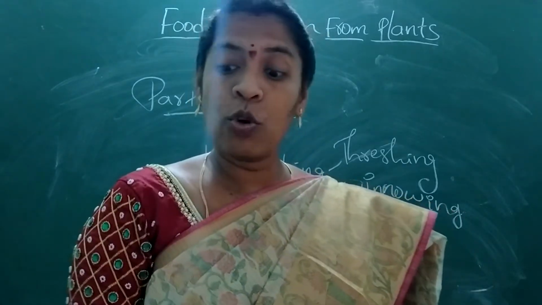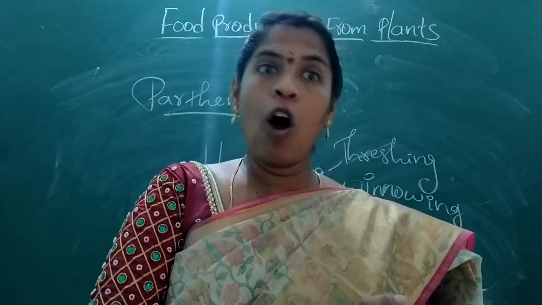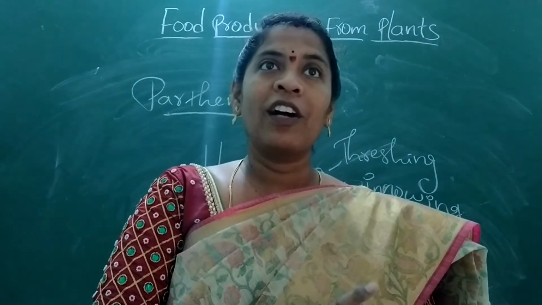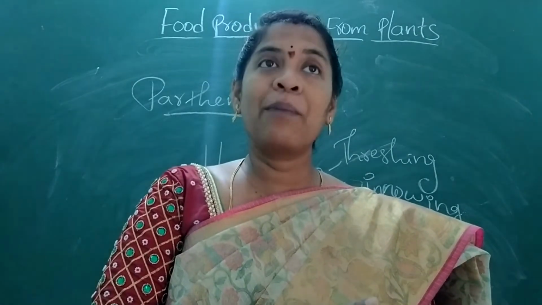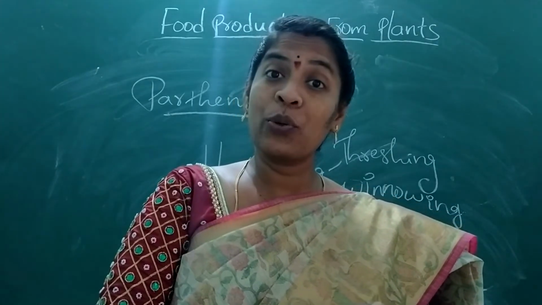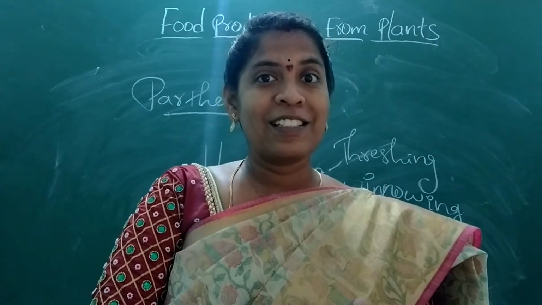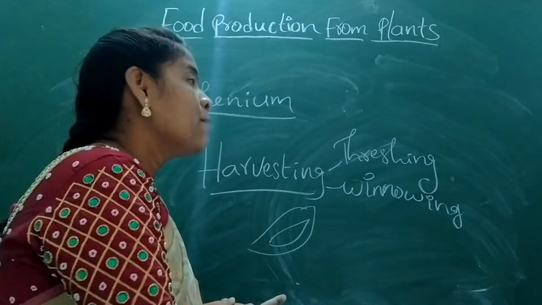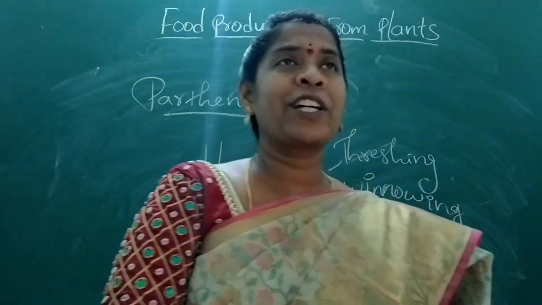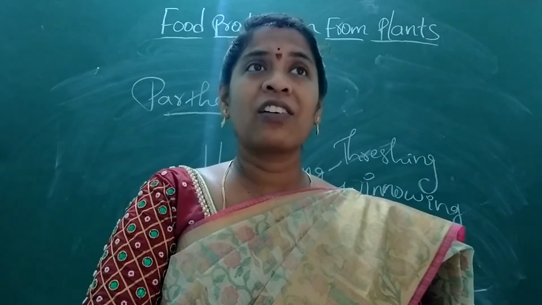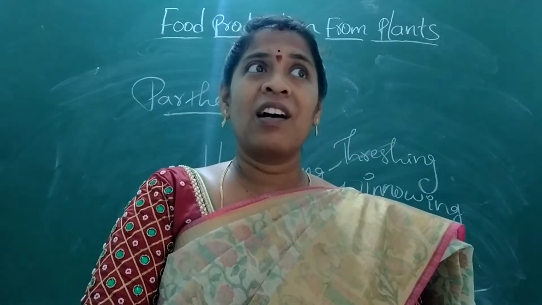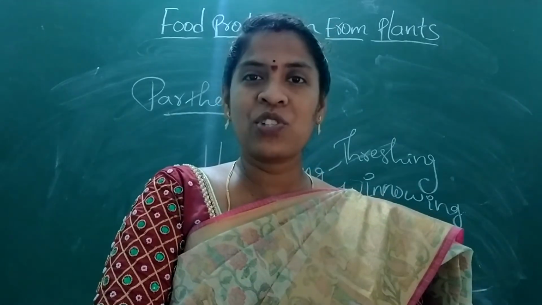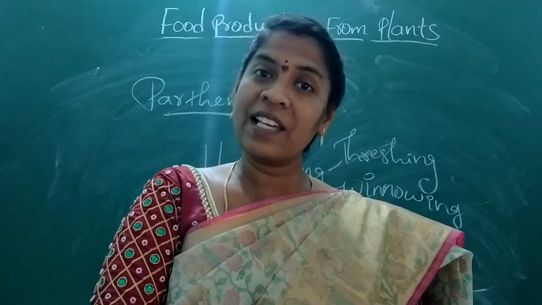If dry grains, they store them in hot places, where sunlight and air are properly available, like godowns. For example, mirchi, cotton, and vegetables, they store in cold storages. So in this way the cultivation of crops takes place. But sometimes at the time of storage, rats, cockroaches or some other animals and insects may cause damage to the grains. So harvesting is one of the tasks. After harvesting, storage is another task.